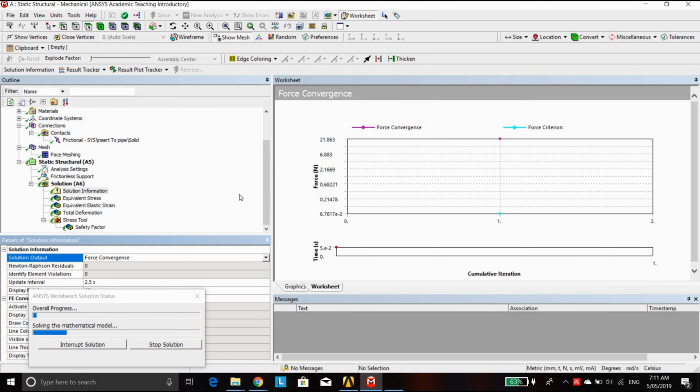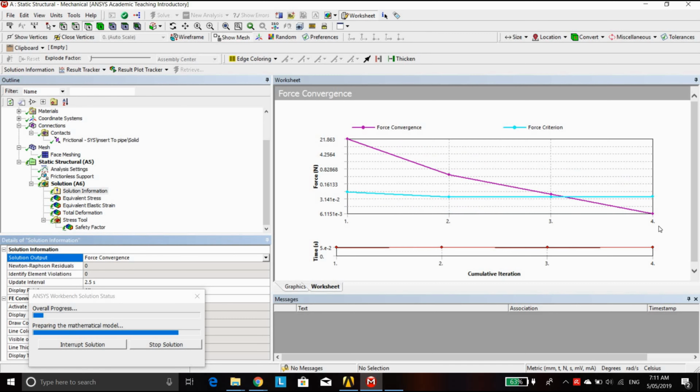As we can see here, we have two colors, purple and blue. Purple is the force convergence, and blue is the force criteria. We always expect this purple line to be under the blue line to converge. At the early stage, it was above that, so ANSYS is going to solve more implicitly, try to have more sub